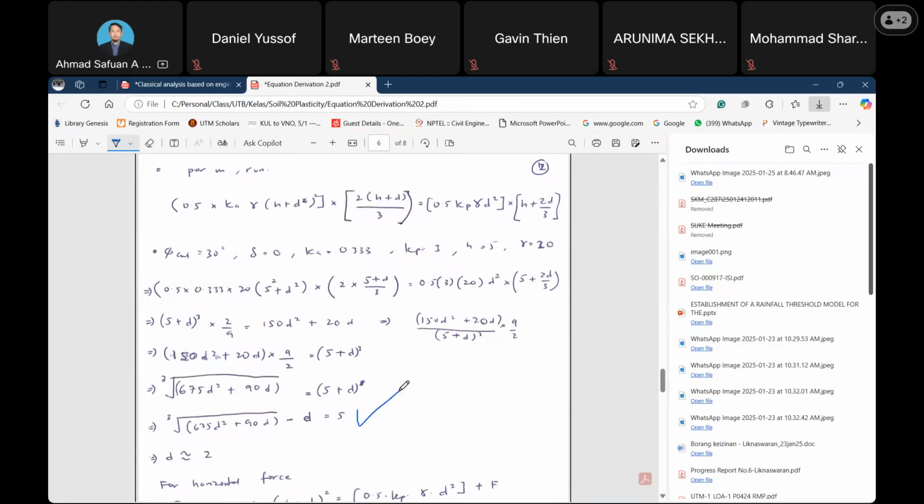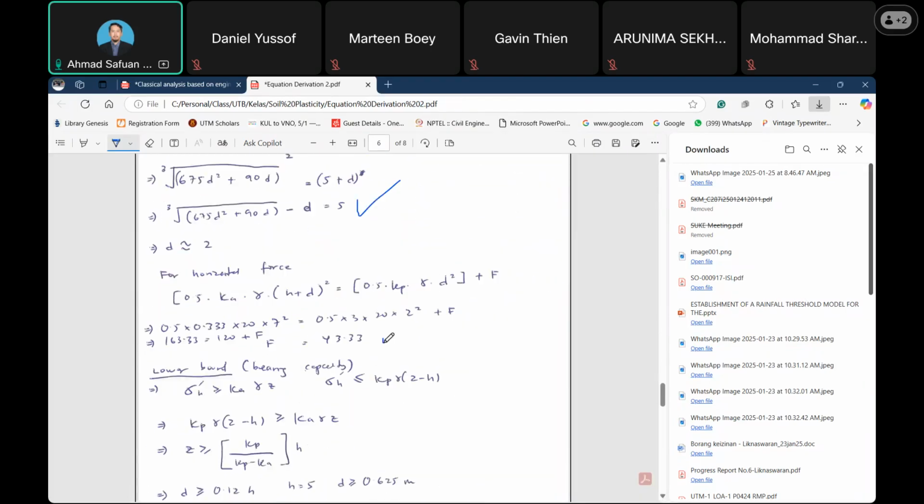Okay, so that is to determine. Then we use the D in order to determine the F value. So it means that this is the load. Okay, this is the load. So the load we obtain from the area here